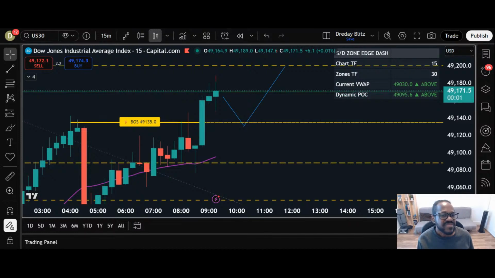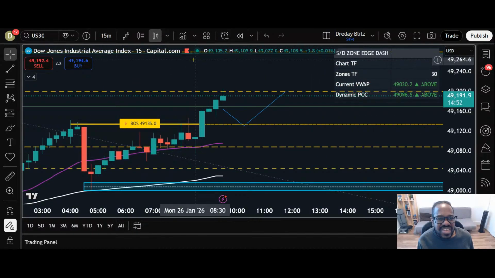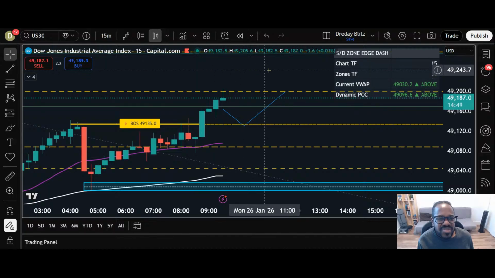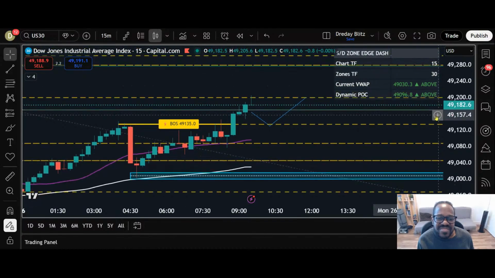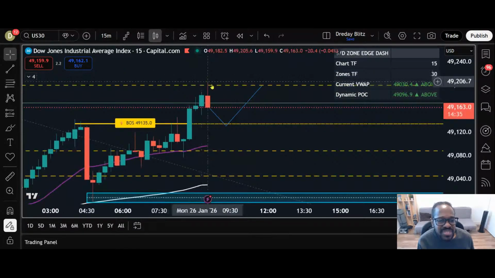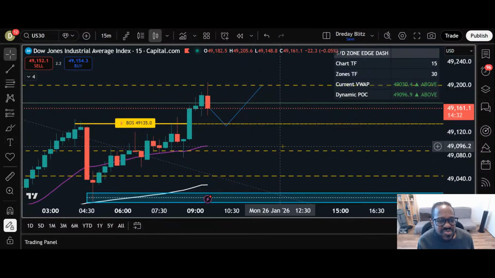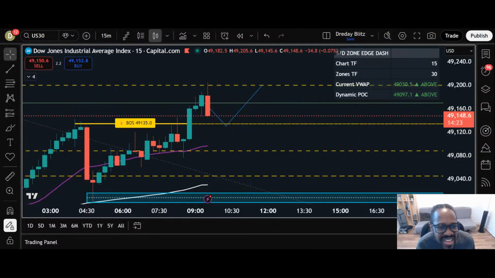All right, so we got a few seconds here before the market starts up. All right, so it's 9 o'clock. We went to that zone. Now we went to grab some liquidity here. So market open, you just have to sit on your hands, wait it out. I'm waiting for it to go towards this level. If so, I'm going to